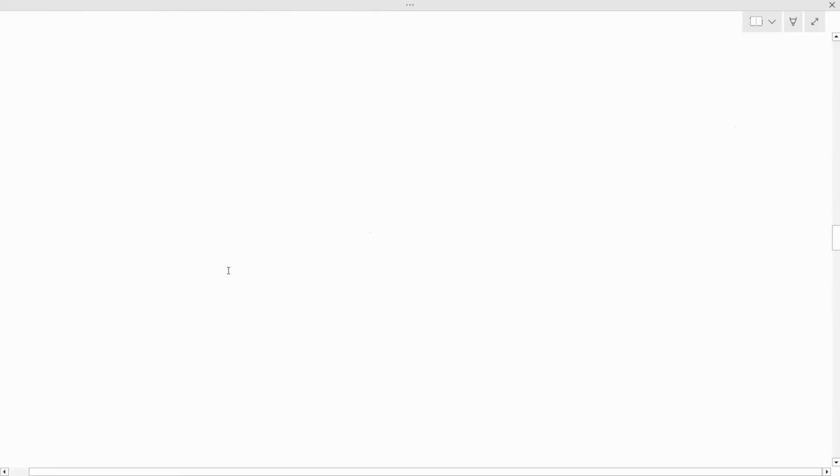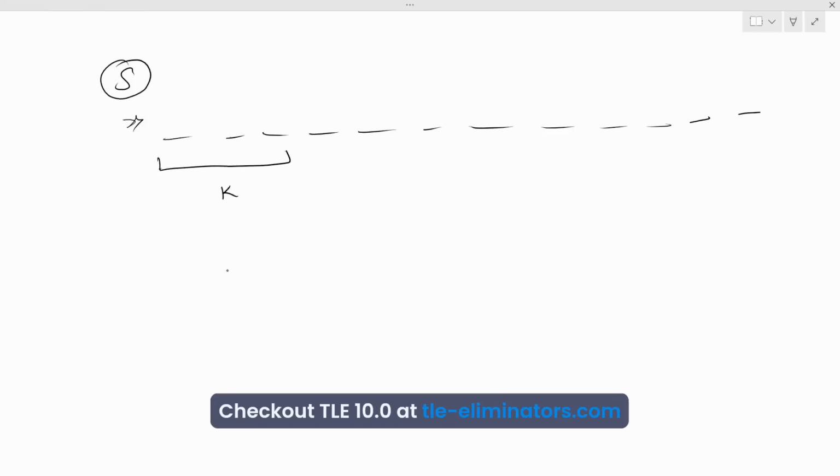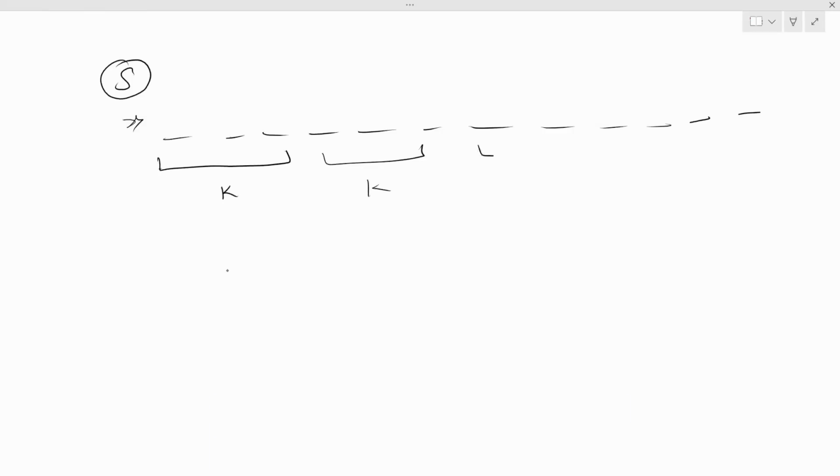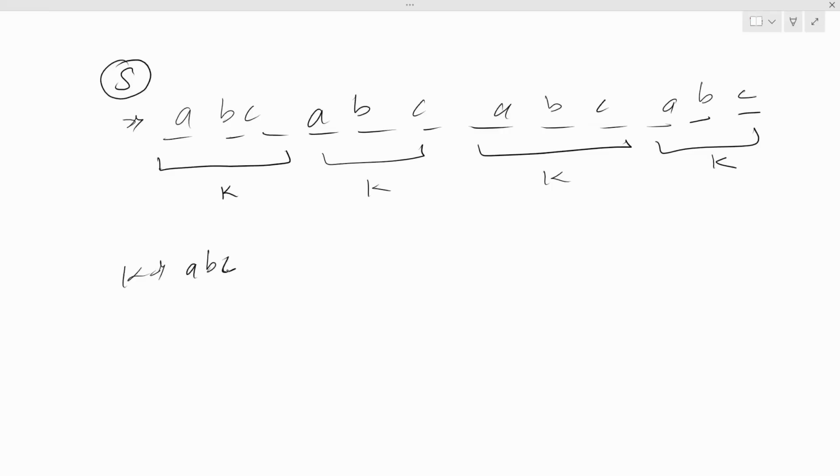We have a string S, and we need to find the smallest string, let's say k, which can be repeated some number of times, and let's say this string was a b c a b c a b c. So in this case we can get k as abc, and this is the smallest string that we can repeat